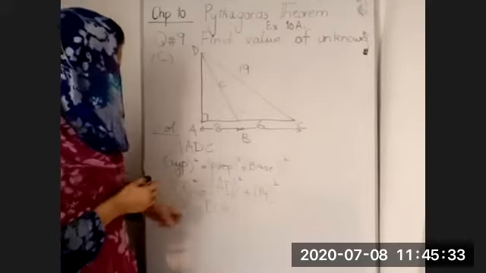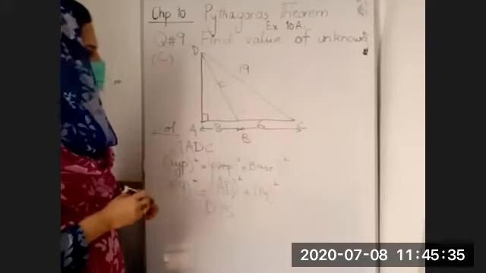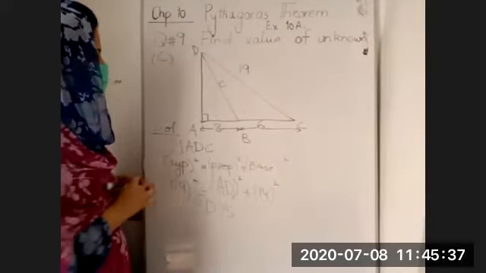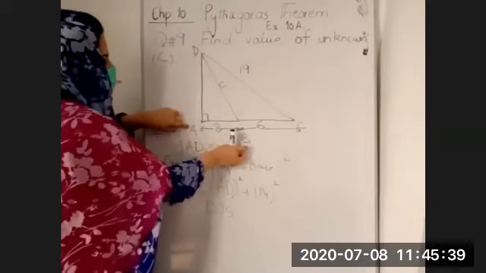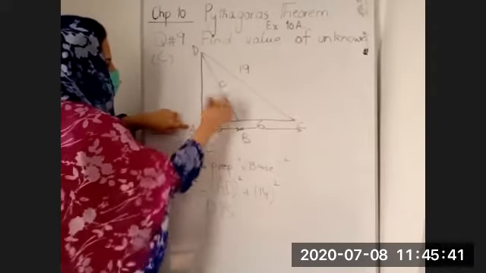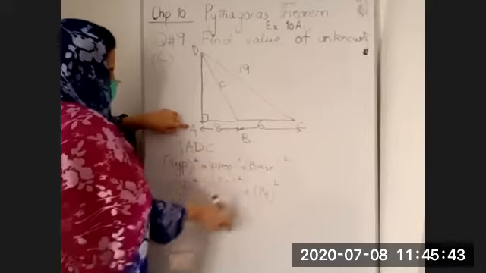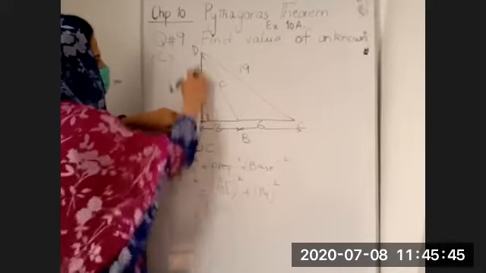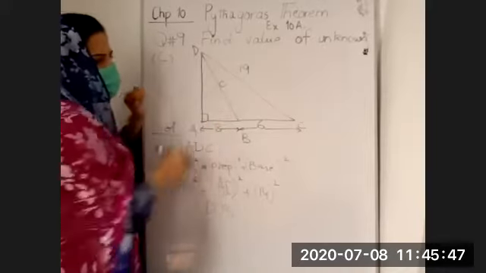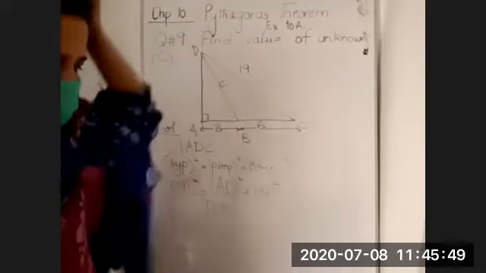First, you will find out the value of AD from this equation. Then in the next part, you will take the triangle ADB by taking C as your hypotenuse and 8 as your base. और AD की जो value आएगी वो आपने यहाँ place कर देनी है. You have to find the value of C by using the Pythagoras theorem.